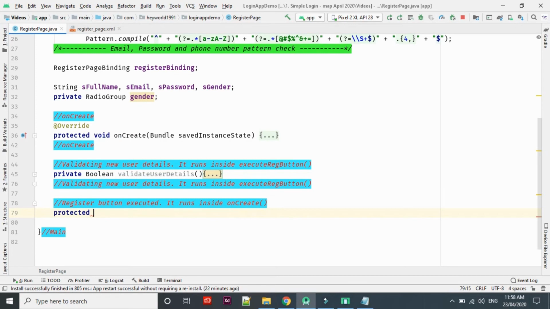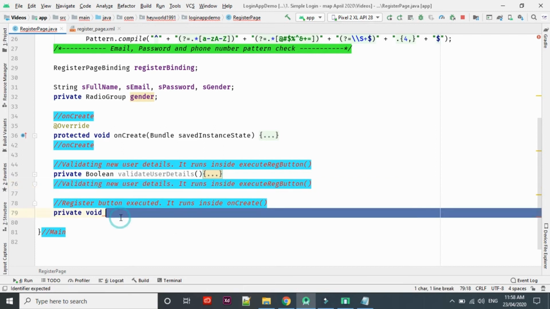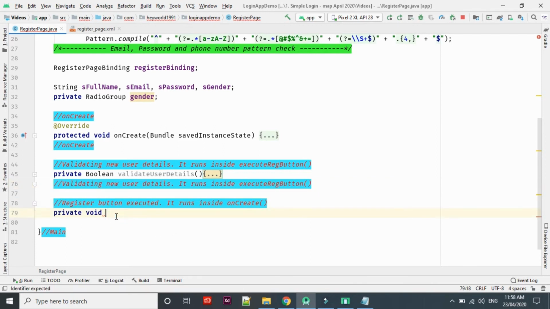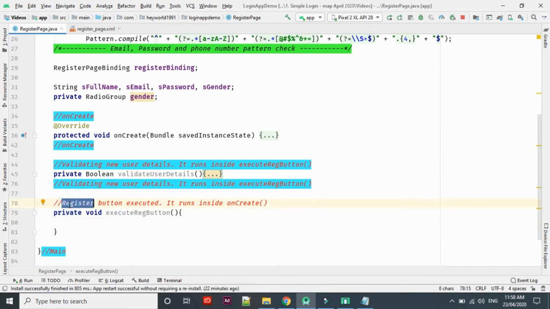Private, oh sorry, private, not protected. Private void, and we just copy the name here, which we created, validate user. Let's come down here and paste it here, curly bracket, copy your comment,